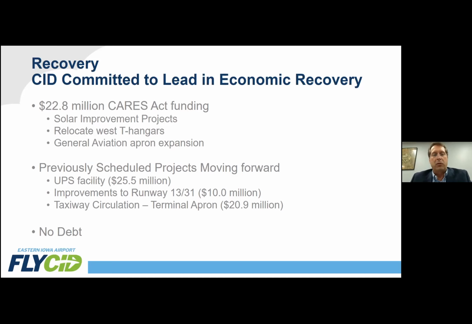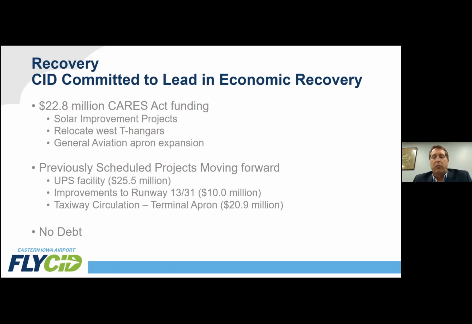So some of that money will be used for projects. We have 5 buildings identified for solar projects that we will put solar panels on roofs to help eliminate some ongoing costs and ultimately help lower the operating costs to the airline as we come out of this. Large West apron, general aviation apron expansion that will open up additional opportunities for hangar growth and higher land use value at the end of it. Ongoing projects, let me back up. About $16 million of the CARES Act funds are then set aside for ongoing operational expenses for the airport.